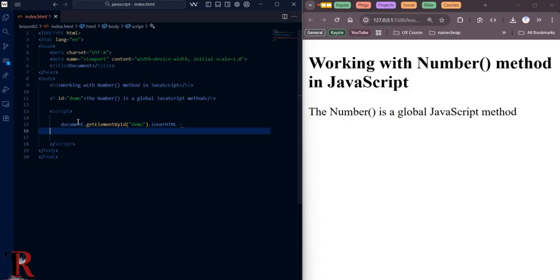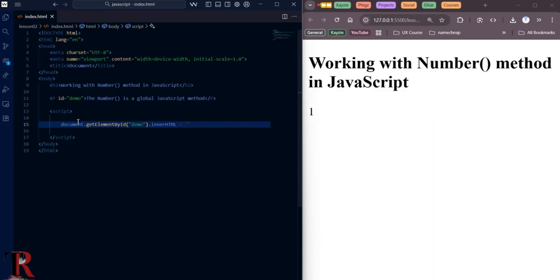Okay, so I want to do this so that I can break into another line. So Number method, then I can call it on